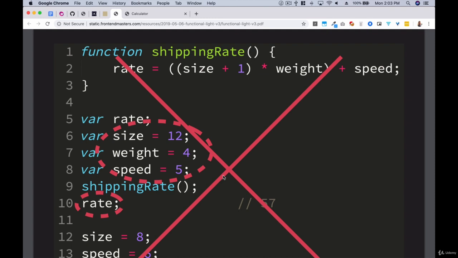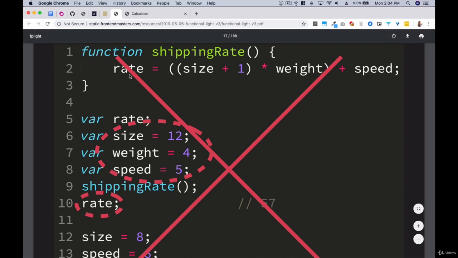It's not that we don't want any mutation. All of our programs need to have mutation; we need to be able to change the way an application behaves. Let's say we turn on a computer. When the computer is turned on and when it is turned off, it behaves very differently. But every time we press that button, it's going to do one of two things: turn it on if it's off, and turn it off if it's on. And it doesn't do anything else. That's the same thing with side effects. Whatever side effects we want, we want to make sure we do them within the scope of our functions. We don't want to be changing